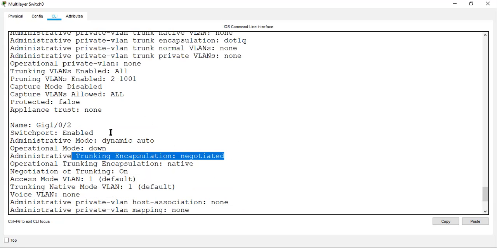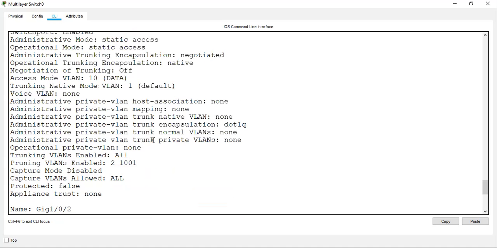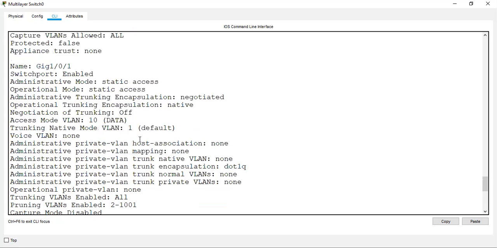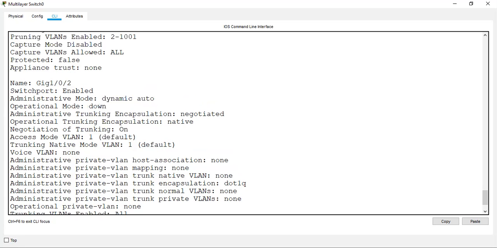So the best practice is to configure whether it is access or trunk manually, statically, in order to avoid hacking, denial of service, or many other hacking concepts. So it's better for us to configure any specific port as either access or trunk. Then the remaining configurations are similar.